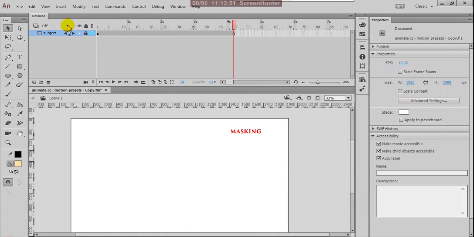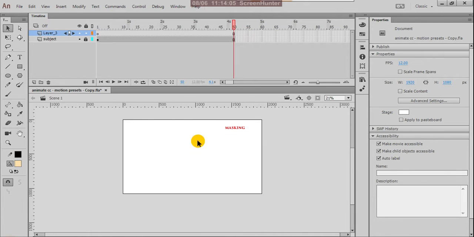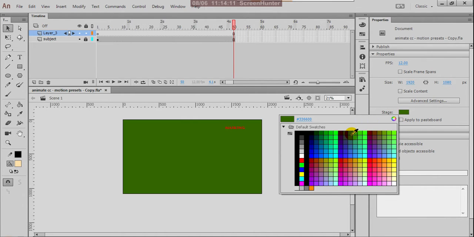First, I'm taking a new layer here. First change the background color, any dark color or whatever it may be.